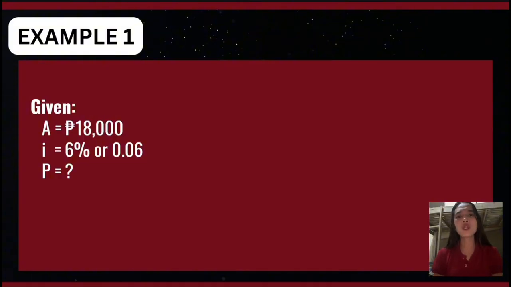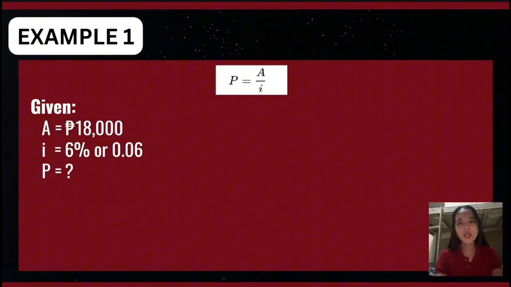And then after that, we are going to choose the right formula. Earlier, I presented the formula for perpetuity, where P is equal to A over I. Since we have the formula, now we are going to substitute the given values. So we have 18,000, and then we are going to divide it by 0.06. If we calculate, we will have